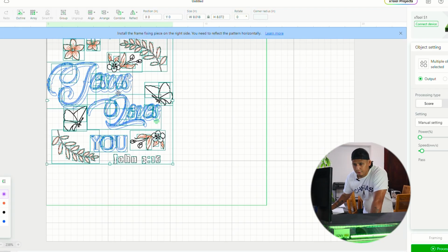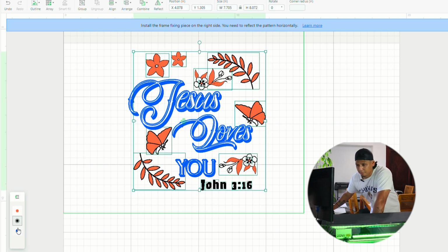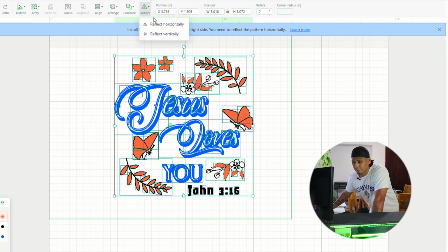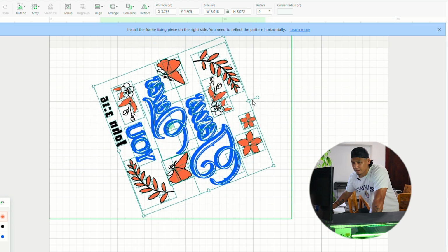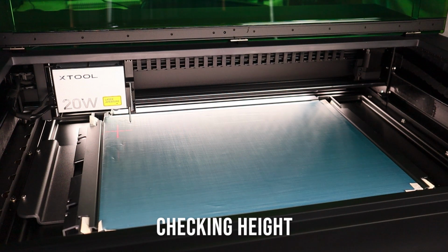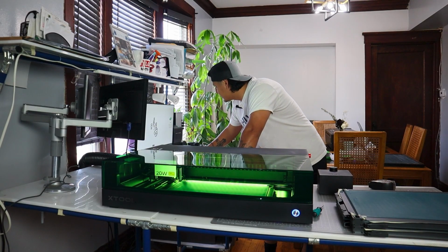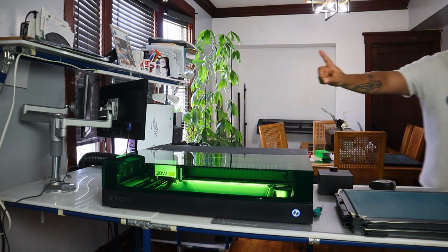And we're gonna add our design. And the beautiful thing is that it already color separates everything for you, which is a time saver. Now we gotta mirror it. And all we gotta do is go to reflect horizontal, and that's it. And we rotate it sideways. Looks like we're ready to rock and roll. So this finger right here,